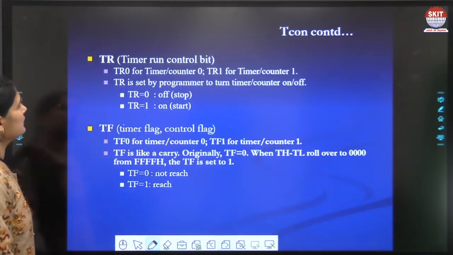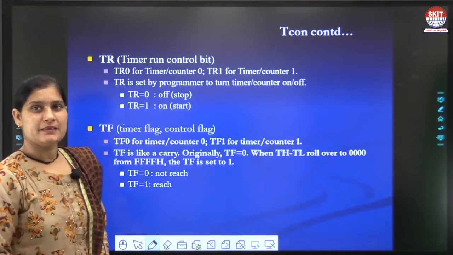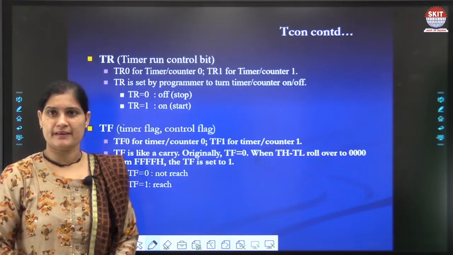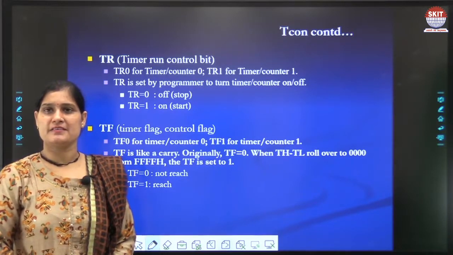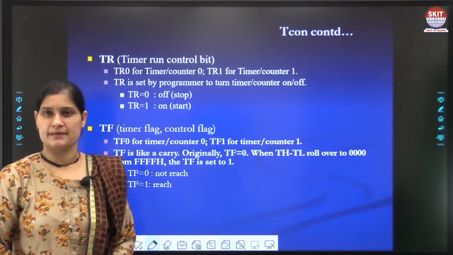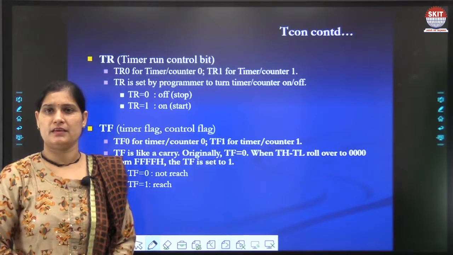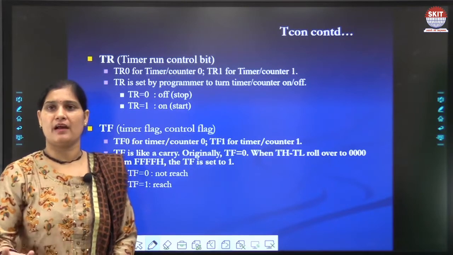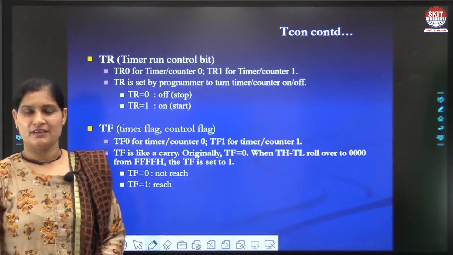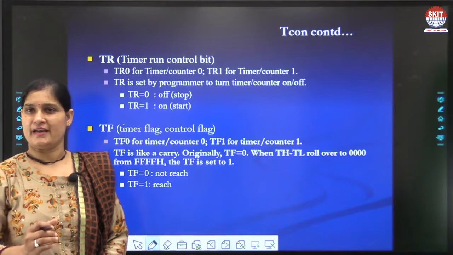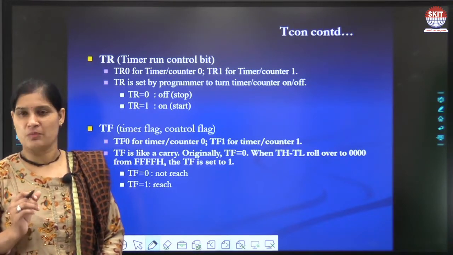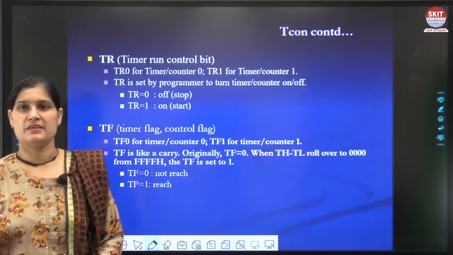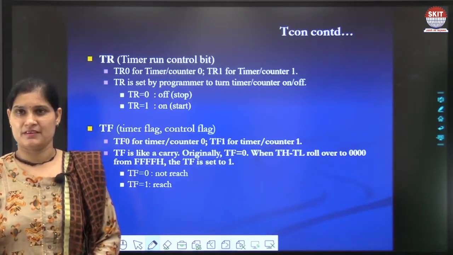So what is the function of the TR bit? The TR bit is the timer run control bit, okay. If you want to start timer 0, then you have to set the TR0 bit. TR means timer run bit and 0 means timer 0.